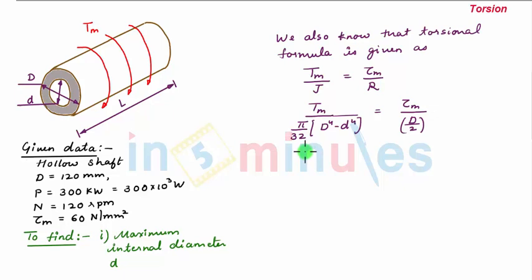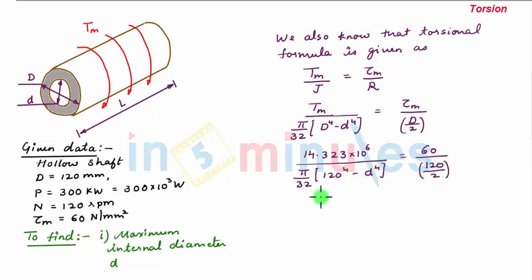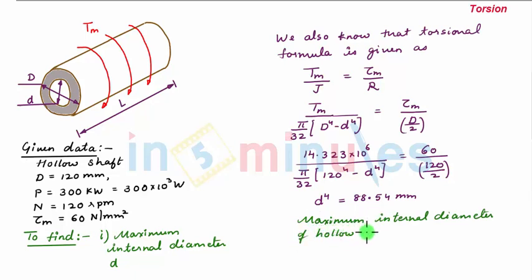So we have Tm is 14.323 into 10 to the power 6, this whole upon pi by 32 into capital D, which is 120, to the power 4 minus small d to the power 4, which we have to find out, and this is equal to the maximum shear stress, 60 Newton per mm square, upon capital D by 2, which is 120 divided by 2. Upon solving, we get the value of small d as 88.54 mm. So we say that the maximum internal diameter of the hollow shaft is